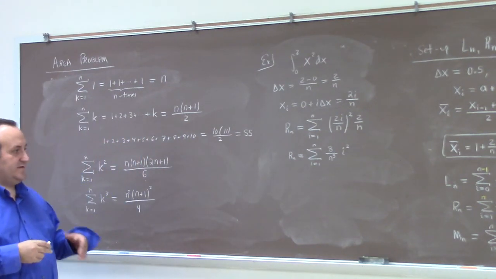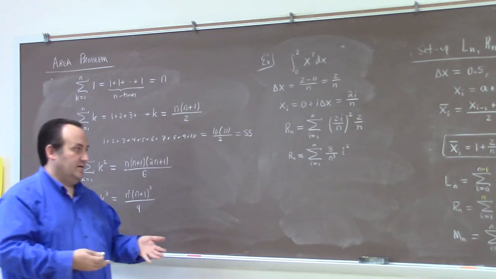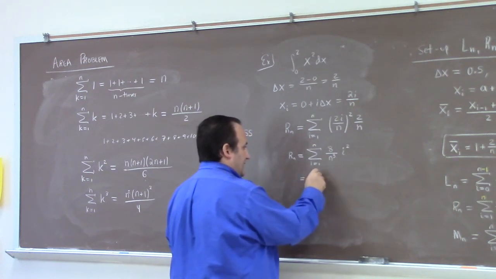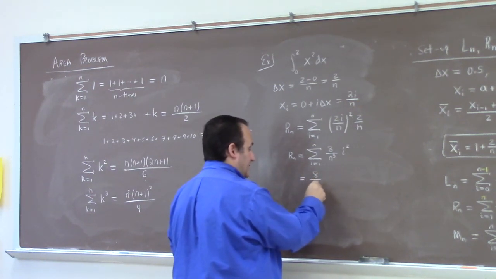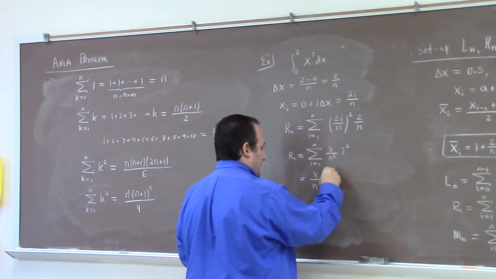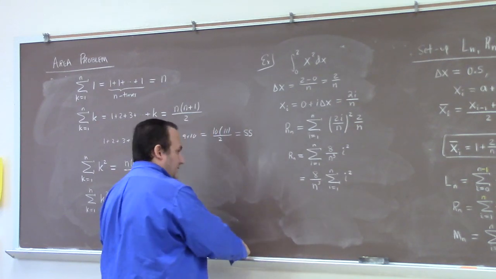But here's the thing. This is a sum over i. n is independent of that, so you can pull the 8 over n cubed out front. So R_n is really 8 over n cubed times the sum i equals 1 to n of i squared. Now that right here